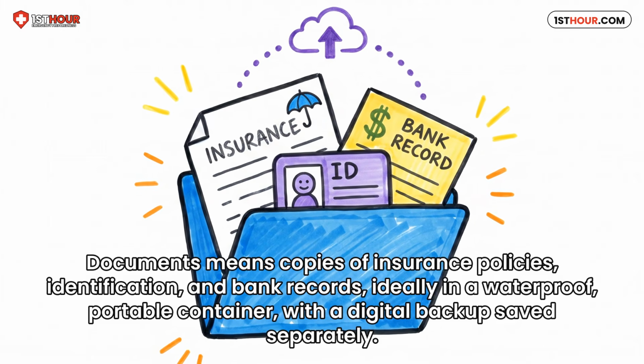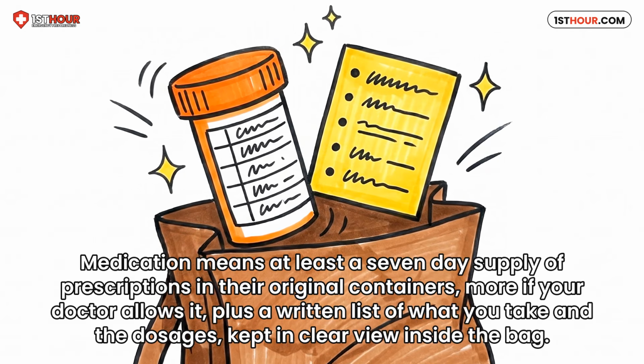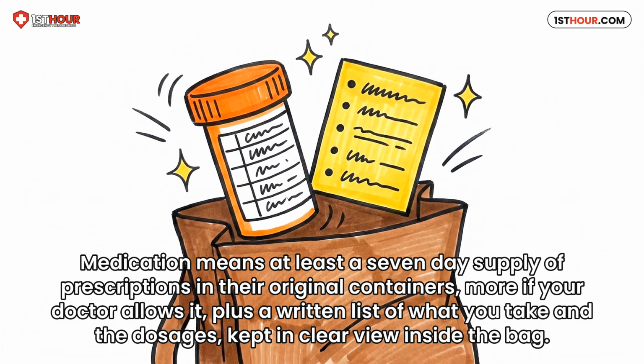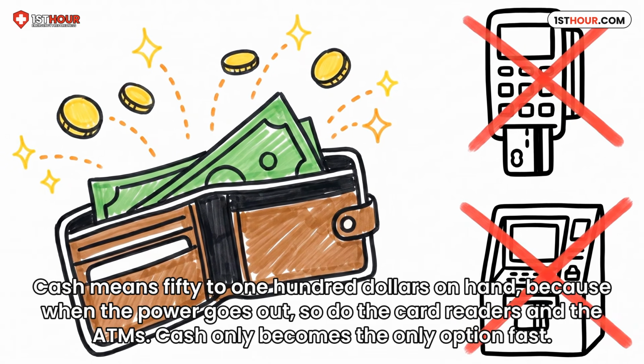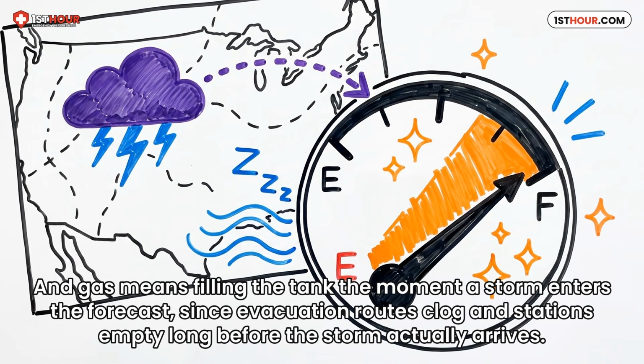Documents means copies of insurance policies, identification, and bank records, ideally in a waterproof, portable container with a digital backup saved separately. Medication means at least a 7-day supply of prescriptions in their original containers, more if your doctor allows it, plus a written list of what you take and the dosages kept in clear view inside the bag. Cash means $50 to $100 on hand, because when the power goes out, so do the card readers and the ATMs. Cash becomes the only option fast. And gas means filling the tank the moment